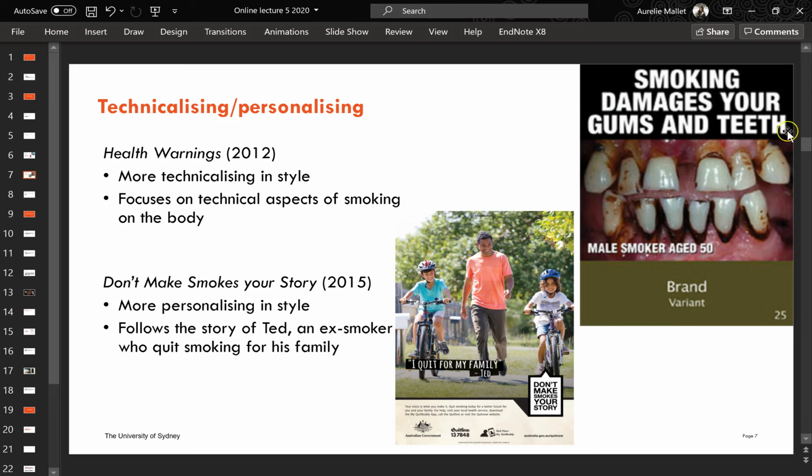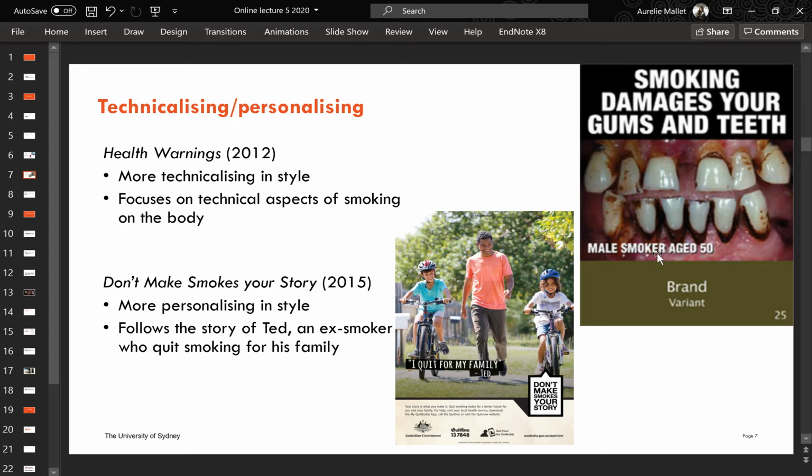There are 14 of these graphic images, and they focus on the technical aspect of smoking. They talk about the kinds of damage that smoking causes, and it tends to focus on different parts of